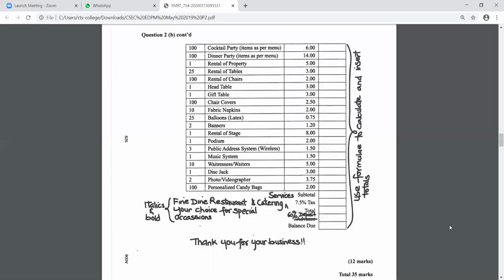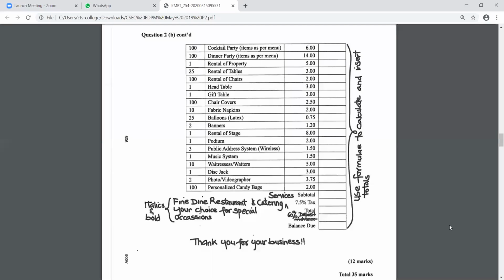One, you can click in the cell where the answer has to go, equal sign. You could manually type in 7.5 and put the percent sign from on the keyboard, which is shift and number 5. So equal 7.5% asterisk, and you click the subtotal answer and press enter, and that would give you your answer there. Or for those of us who want to use the cell addresses, in a cell somewhere we could put 7.5%, and reference the actual cell address.